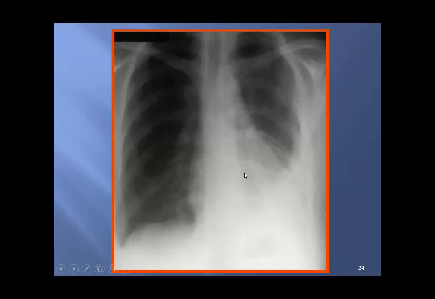So it is a lung pathology, it is not the heart. If the heart was involved, it should have been increased from the above as well. It is the lung which is not visible. It is not the heart. If it was the heart, the cardiophrenic and the costophrenic angle should be present, which are absent now. And you also see this going upward with a concave upper margin. So it is a pleural effusion, right-sided pleural effusion present. That is a homogeneous opacification which obliterates the cardiophrenic and the costophrenic angles, with a concave upper margin.